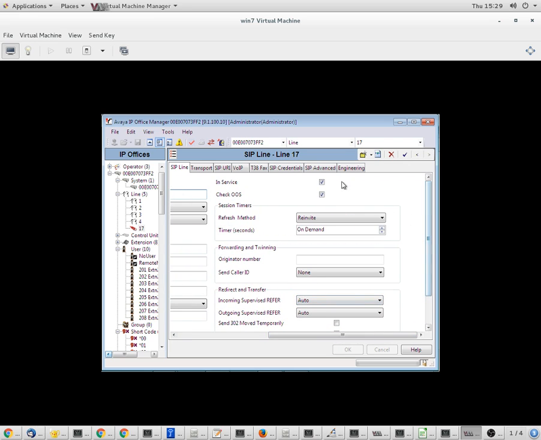Everything else should be default, except you may have to check in service and check OOS, which I believe is what does the options pings. It sends options pings to see if you can still reach our gateway. And if you can't, then it marks this line as out of service, and so you won't be able to dial out of it. So it's a nice way of monitoring whether or not you're connected to